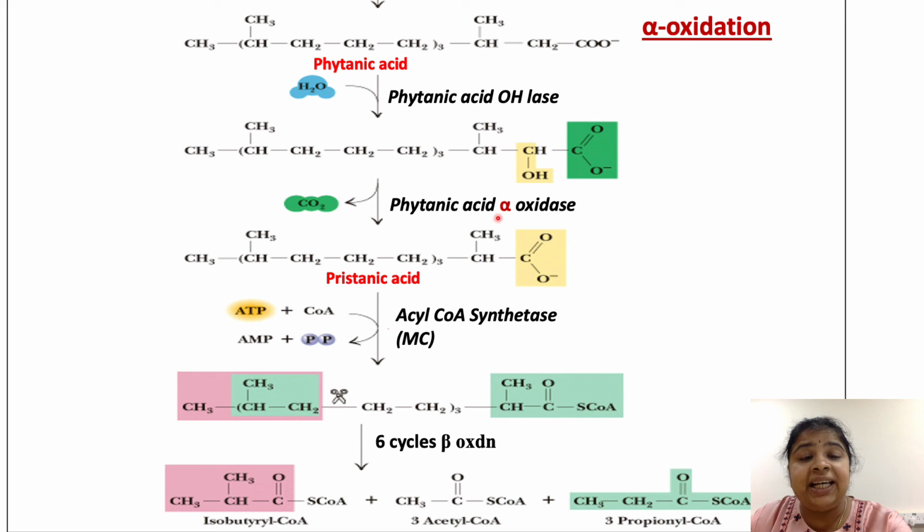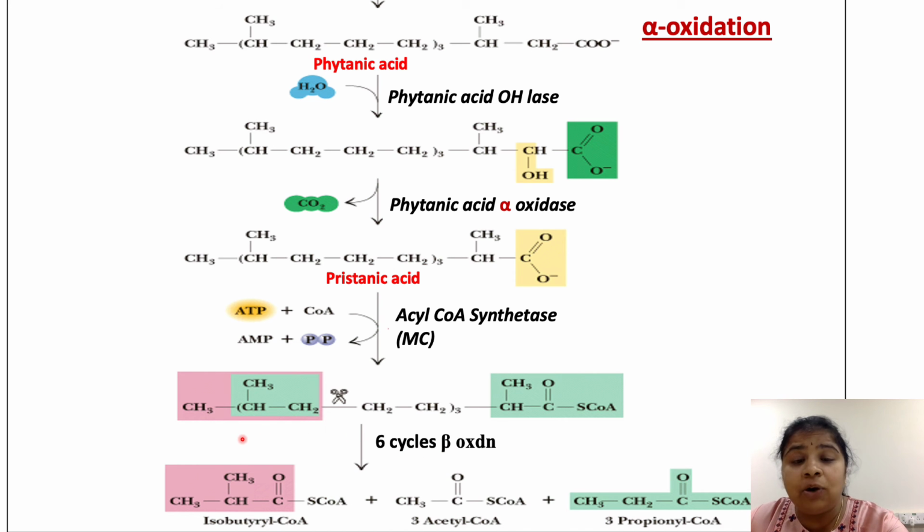Next step is phytanic acid alpha oxidase, which again converts the hydroxyl group that was present here to a carboxyl group, and the methyl group which was on the beta carbon atom is now on the alpha carbon atom. So the beta carbon atom is free to undergo beta oxidation. So there will be further cycles of beta oxidation till it reaches the next methyl group being present at the beta carbon atom. So it undergoes 6 more cycles of beta oxidation, and after that we finally release propionyl-CoA, acetyl-CoA